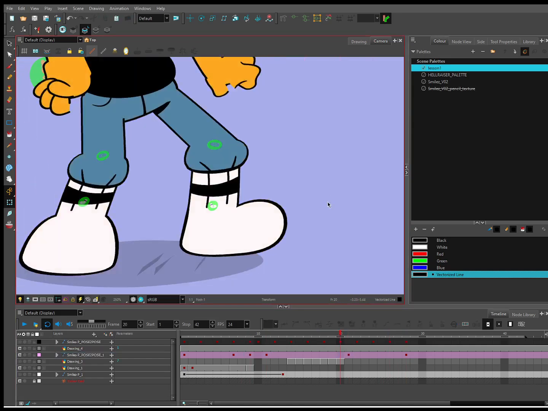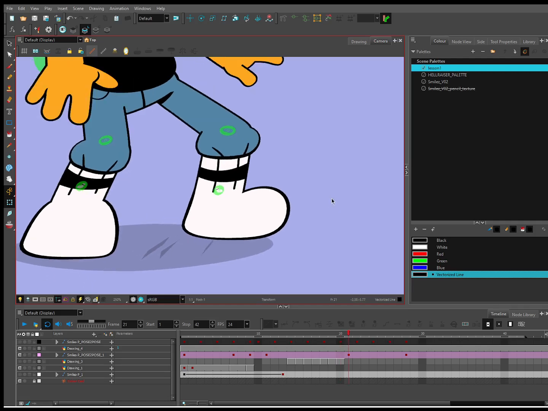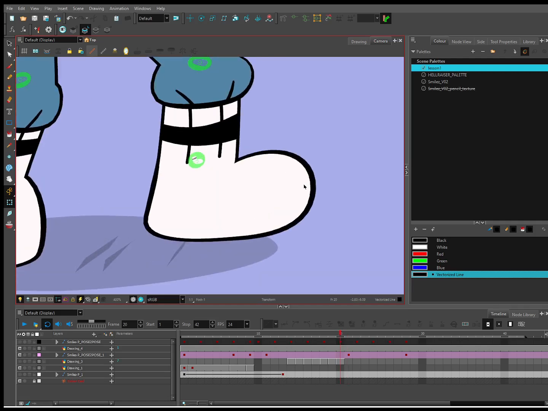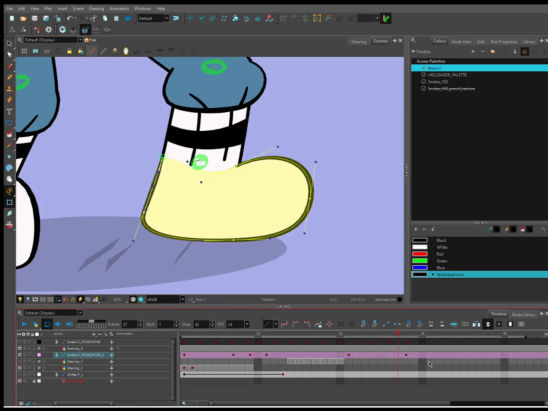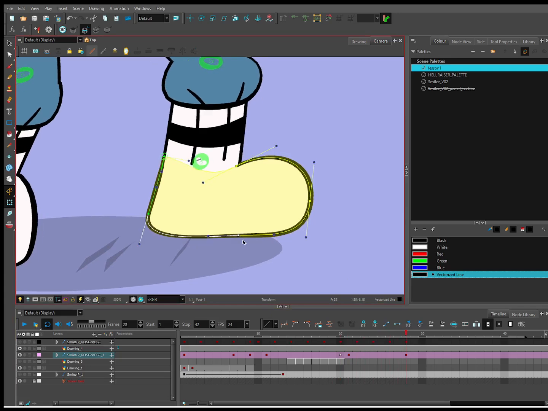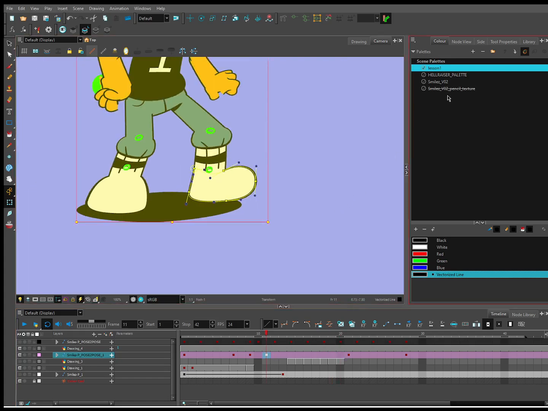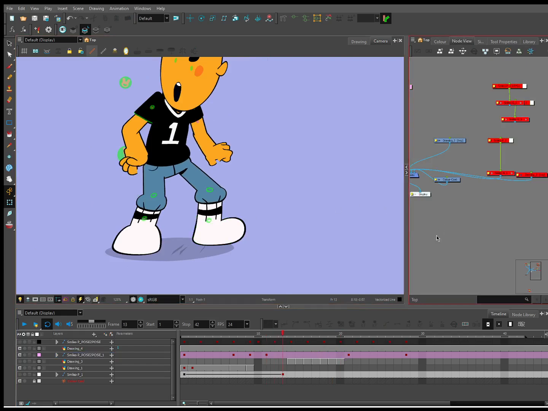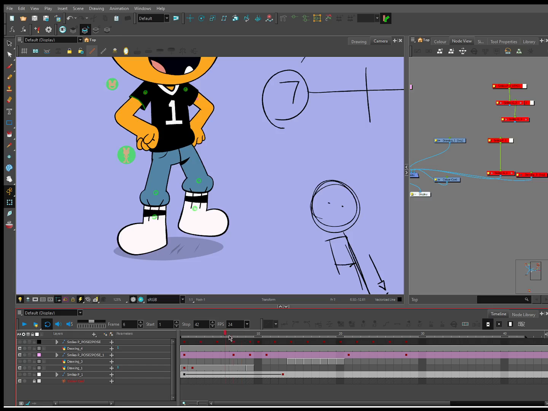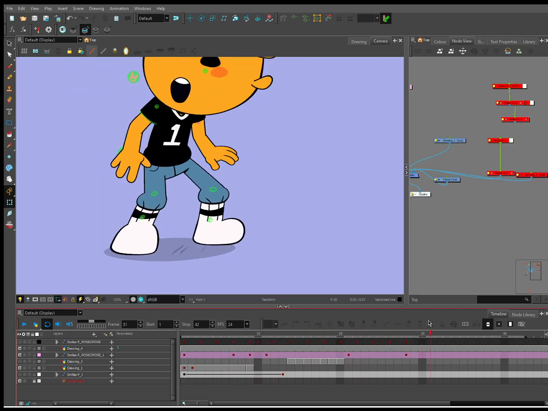So what I want to make sure, and I always do this for feet, whenever a foot is leading an action and really wants to step down, you want to make sure that you're not accidentally, yeah, like right there, you want to make sure that it's that bottom line. It doesn't have to be perfect, but you want to make sure that it doesn't look floaty. You want it to feel like it gives an impact. Okay. So the foot's hitting, and then we settle up.